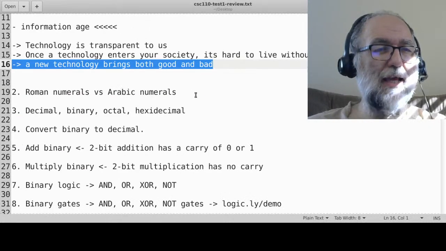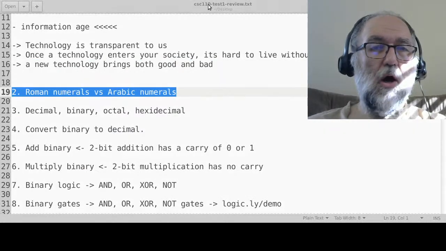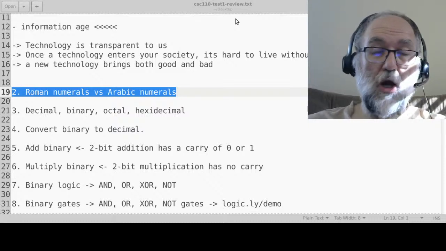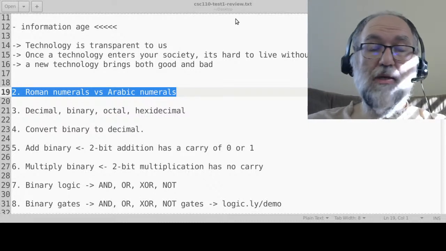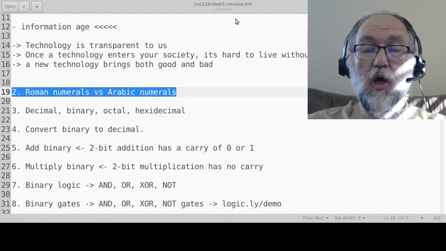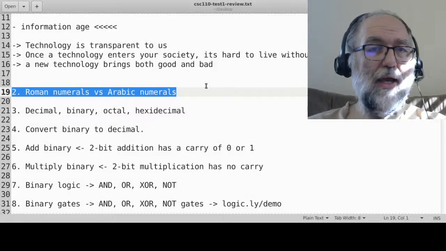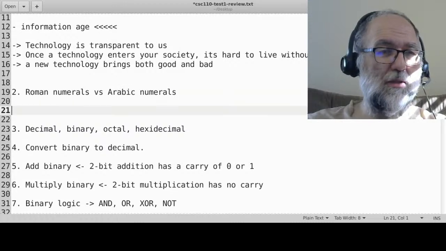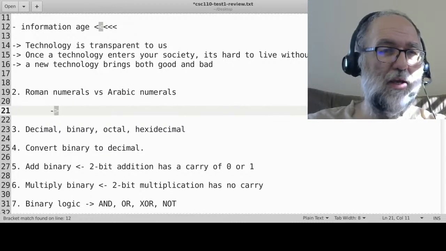Let's move on. So the next thing we talked about were Roman numerals versus Arabic numerals, or just how numbers work. That was important because we have to get the binary numbers. Without the discovery of binary numbers, we would not have been able to have computers. Now I don't want to go into how each of those systems work, but the most important thing you need to know is that with Roman numerals,